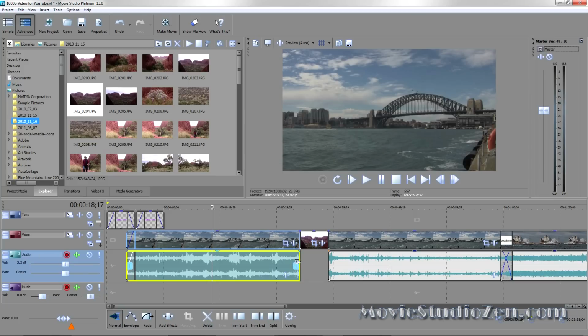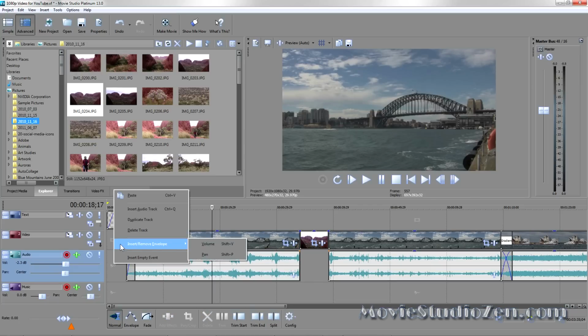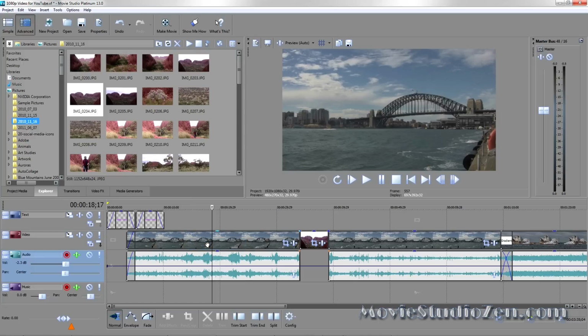There is a third advanced way you can change audio, and that is to right-click on a blank area and select Insert Remove Volume Envelope.